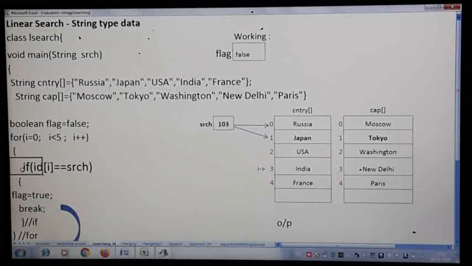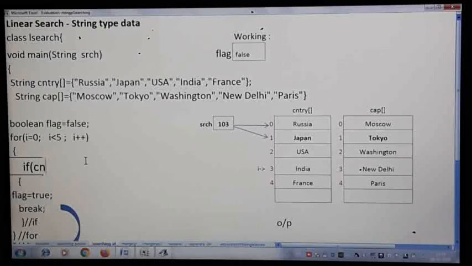Initially, I am just modifying the previous one. Now this equal to is applied for numeric type data, but what we are doing today is string type searching. The equal to operator, which is a relational operator, cannot be applied to strings. Strings have to be treated in a different way. For comparing two strings, whether they are equal or not, there are many string accessor methods available, but we are going to make use of the command equals. I am writing how it is done now.